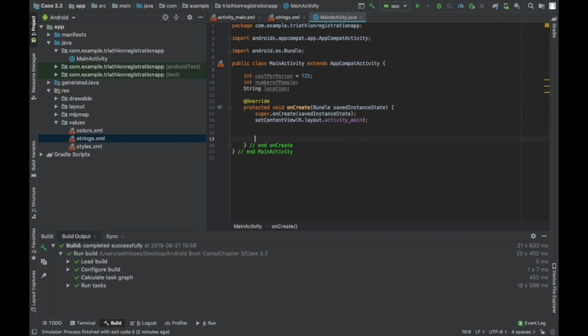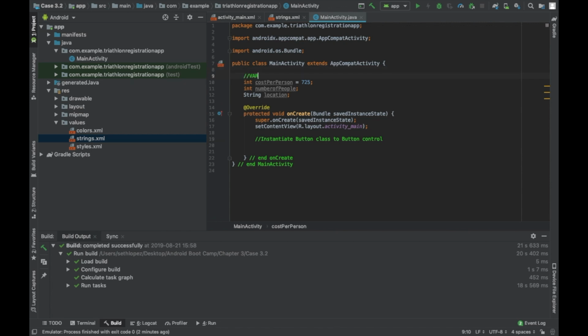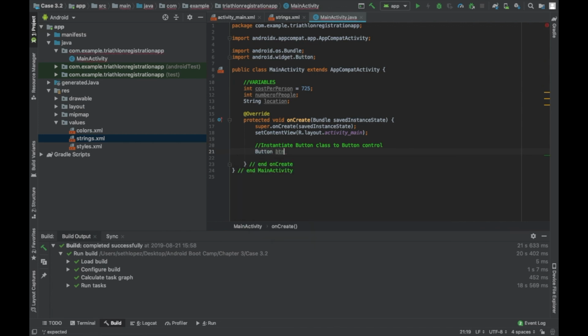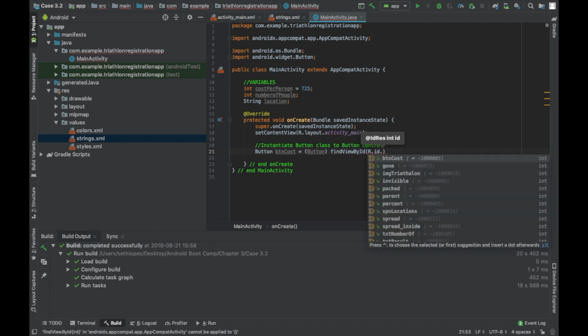Okay, let's go ahead and set the button. So instantiate button class to button control, and this was variables. Okay, so button cost equals parentheses. I don't know what I do when I do that. Okay, so button find by view R.id.button cost. Okay,